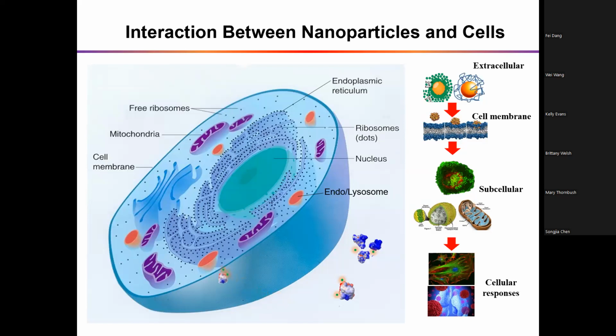Then they are translocated to the endosome and lysosome. In the organelles, some of the nanomaterials remain. Some of them may escape from the endosome or lysosome, may enter the cytoplasm, or may target some organelles like the nucleus and mitochondria. The rest of them may be